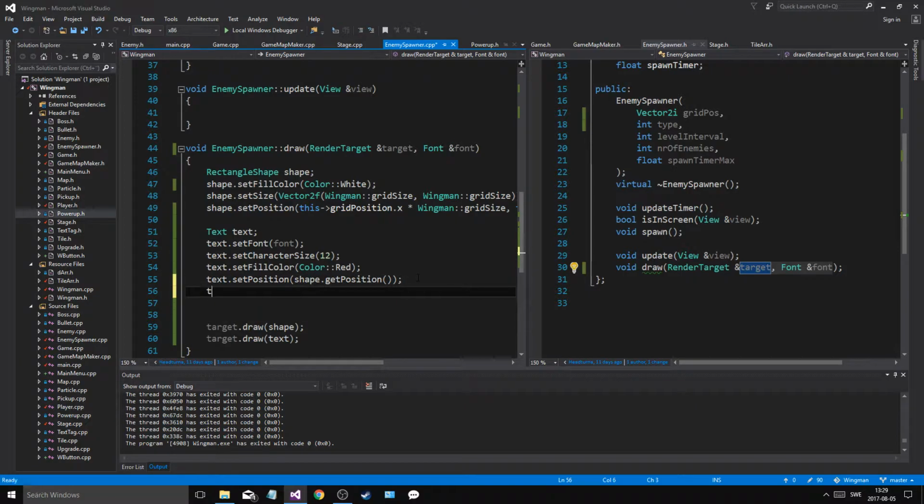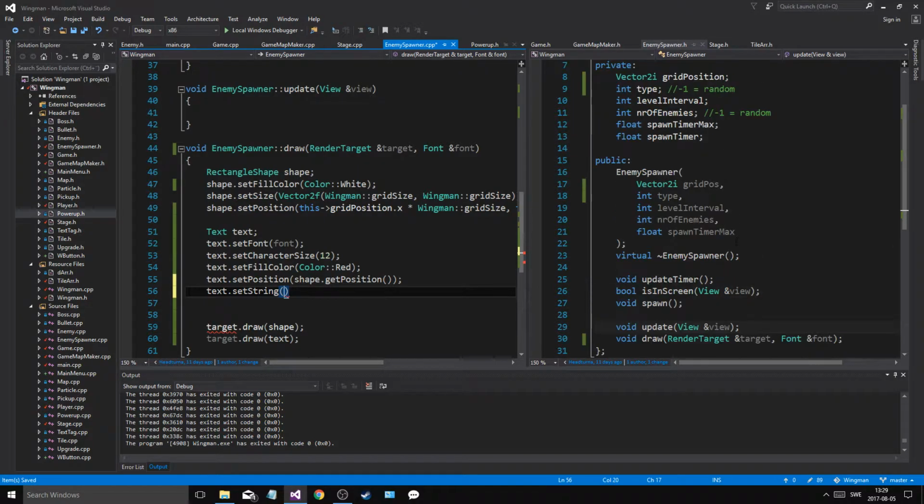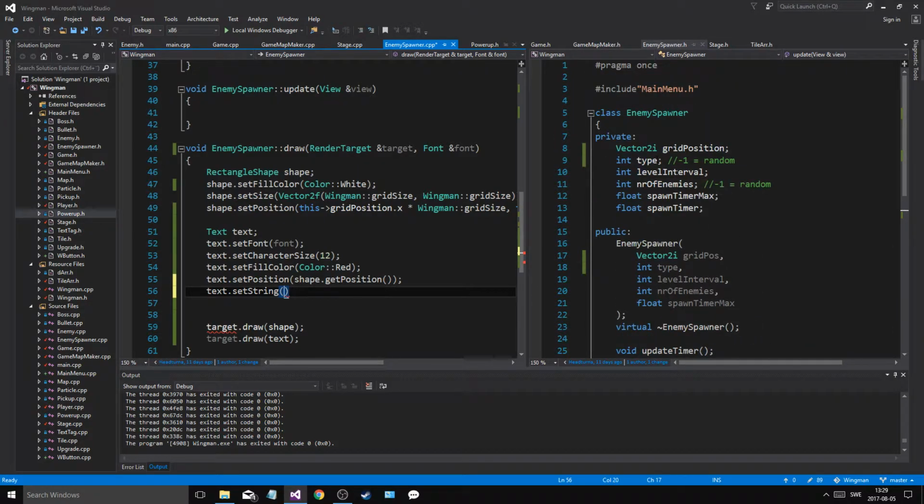Now we just have to say text.set string. And then that's the best thing we can do in enemy spawner. What we can do is we can say type, level interval, number of enemies, spawn timer max, spawn timer. Or just print these four things out as toString. So toString this type